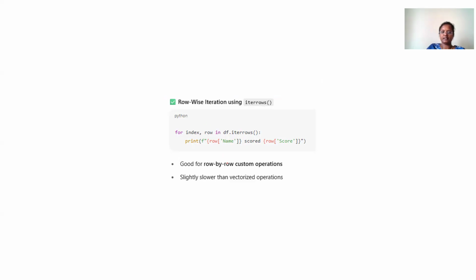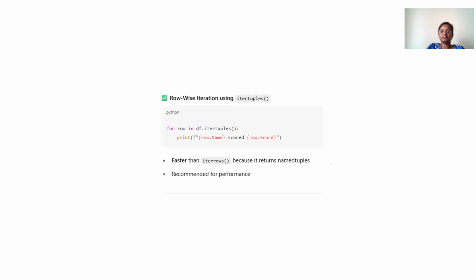Row-wise iteration is nothing but it will access each row in every iteration. For example, for index, row in row-wise iteration, name and score: it will check the name label data and score data for every iteration until it is completed.